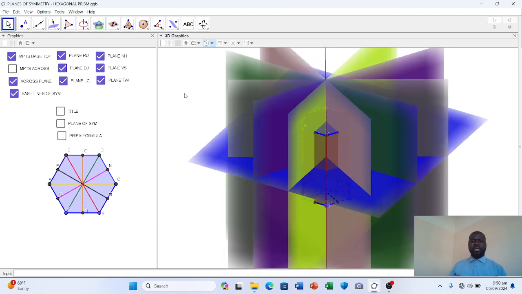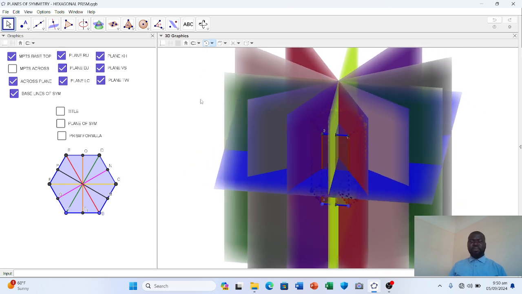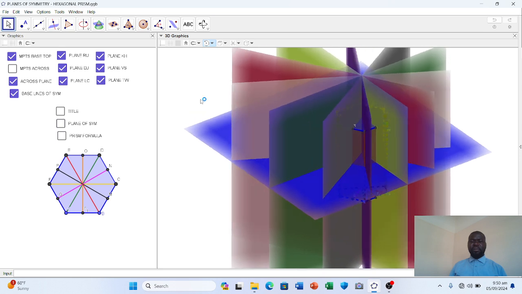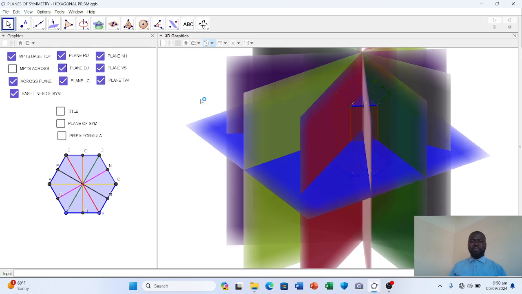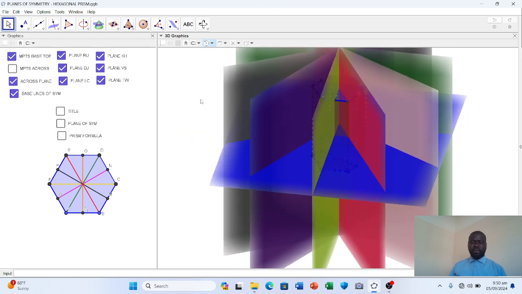So generally, a regular base prism has the number of planes of symmetry equal to the number of lines of symmetry of the base plus 1, be it